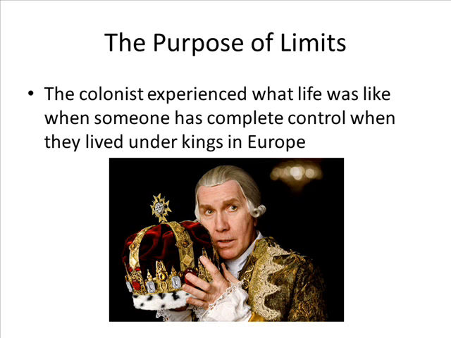The reason why they did not clearly define all of these powers or explicitly state what could and could not be done is that the colonists just experienced what life was like under an absolute monarchy, under King George in England. They didn't want to necessarily give all these powers to a leader because they might abuse them, and they didn't want to face that again.